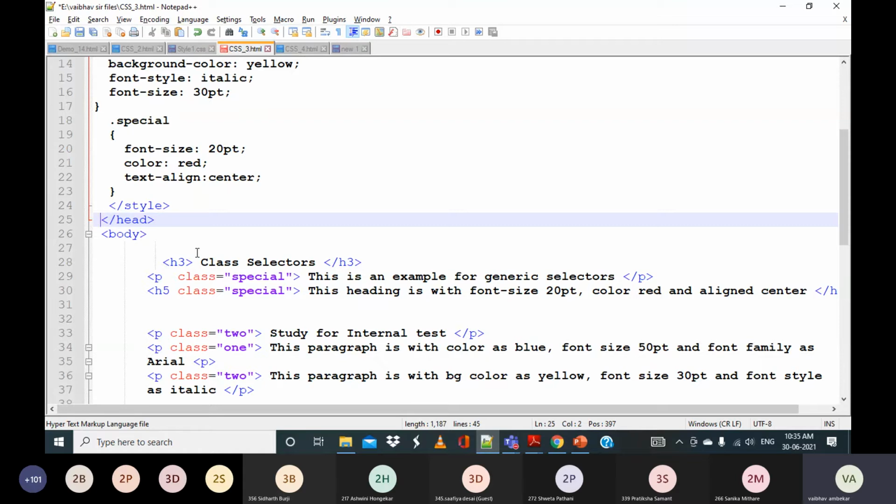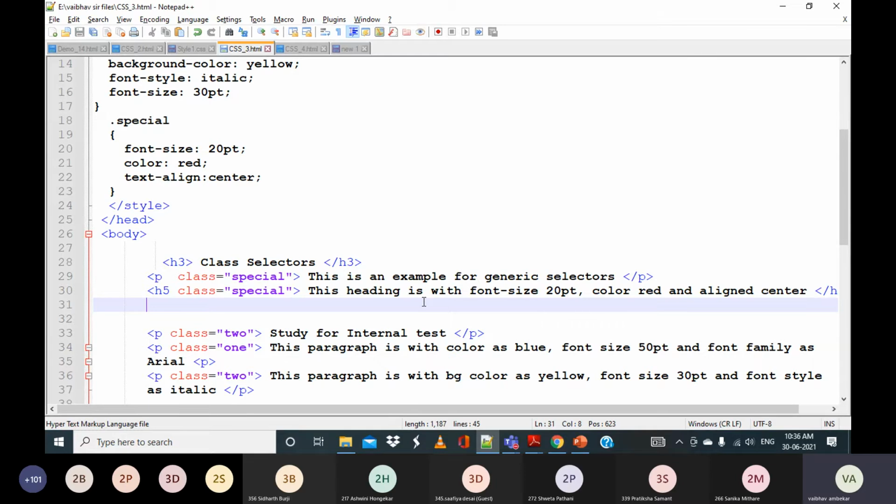You may ask why I am taking only H and P every time. This question may arise, but we will learn these basic things first, and then we can go ahead with how we can give different properties for the tables, for the lists, for the input elements like text boxes and so on. For understanding purposes, we are taking only paragraph and H, so that it will be easy for you to understand how to design the style sheets, and then later on you can apply it to different types of elements like tables, lists, and so on.